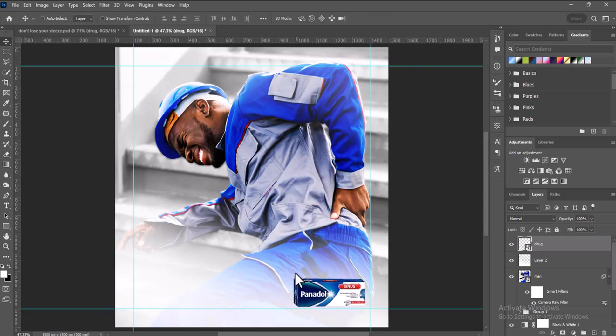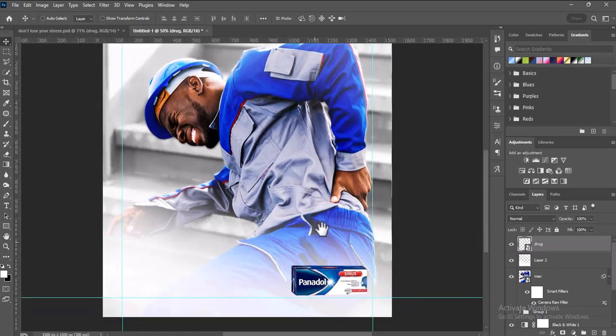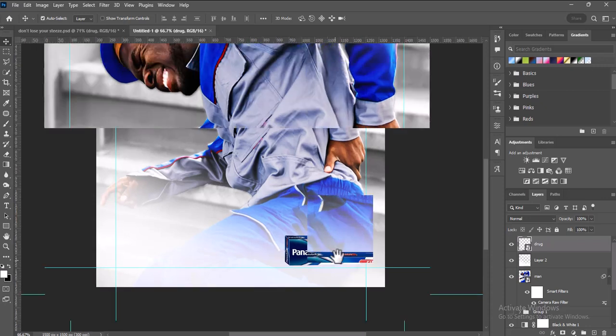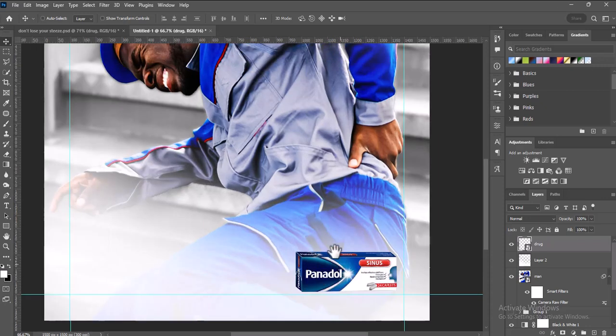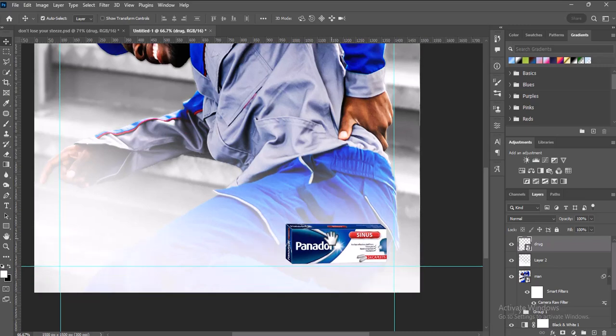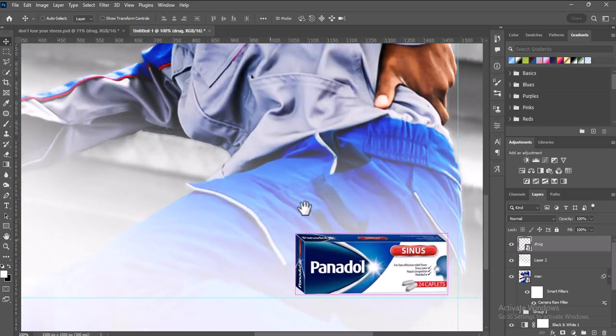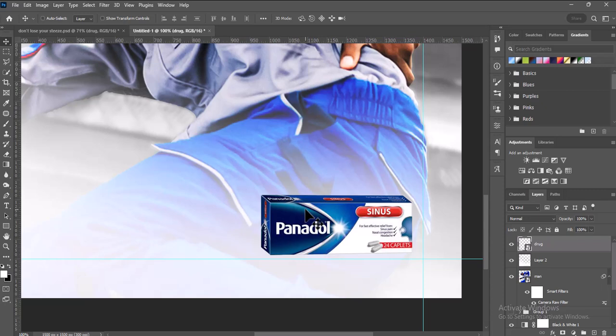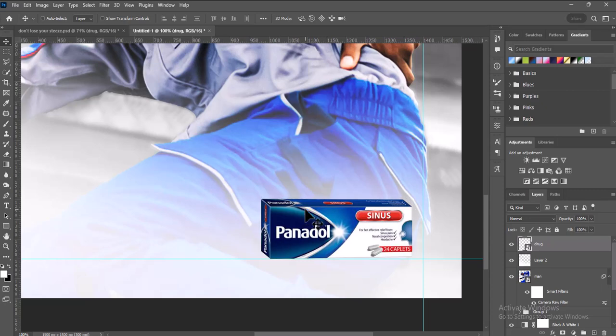Okay, so I've made my picture bigger, and as you can see, this is well positioned, but it's still kind of floating. Alright, I don't want this to be floating at all. That's not the aim. I need this to be well seated, so that it will be more real. So I'm putting my picture close to my guideline, and then I'll press Ctrl H to hide this guide, and then I will be adding my shadow,